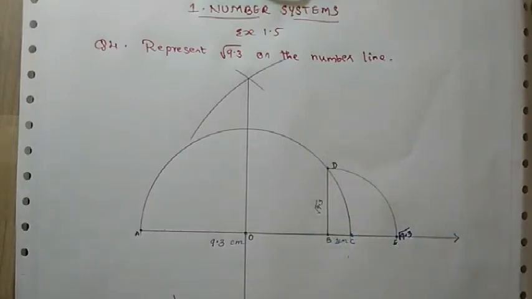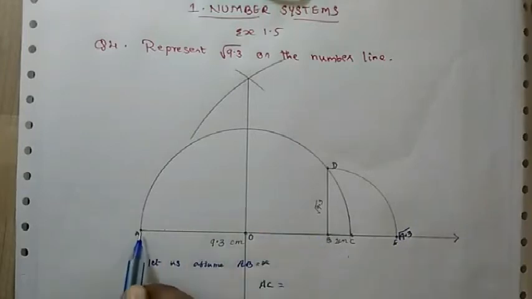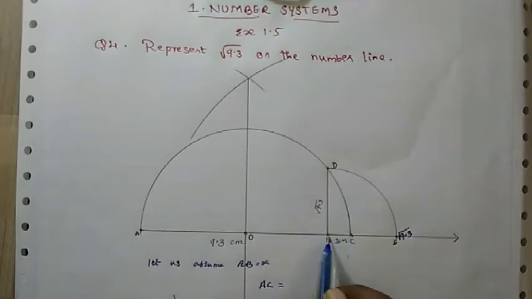I've already told you that O is the midpoint. Before that, let me tell you about AC. What is AC actually? We have taken AB. Let us assume that AB is X. If AB is X, then A to C will be how much? We have taken BC as 1 unit, or 1 centimeter. That means AC will be